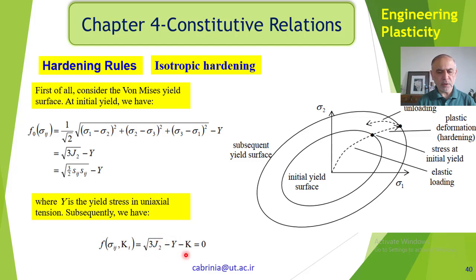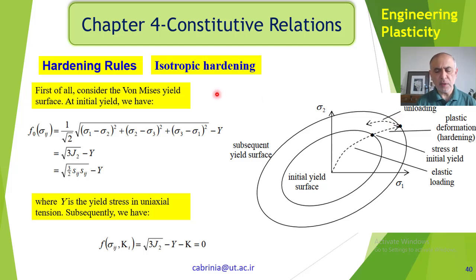If you use Tresca or any other criterion, we put the appropriate relationship for F0(sigma_ij). So that's the constitutive relation, or hardening law, for the behavior of a Mises material